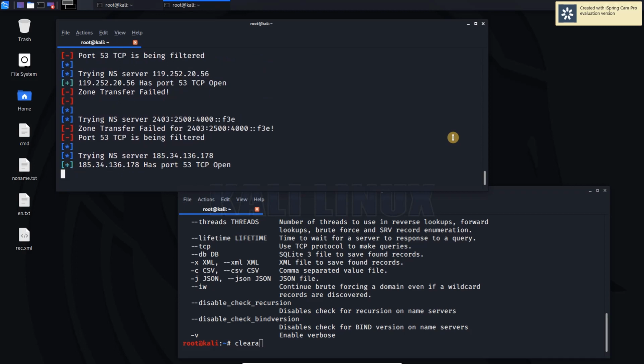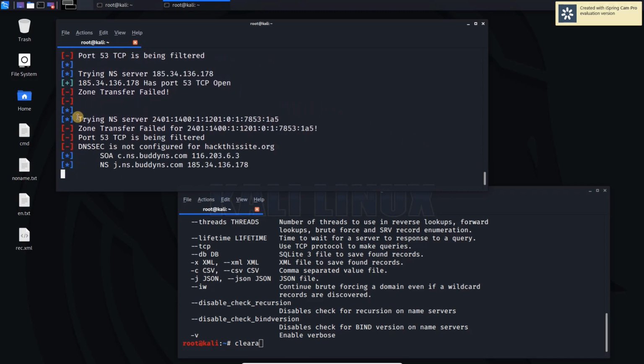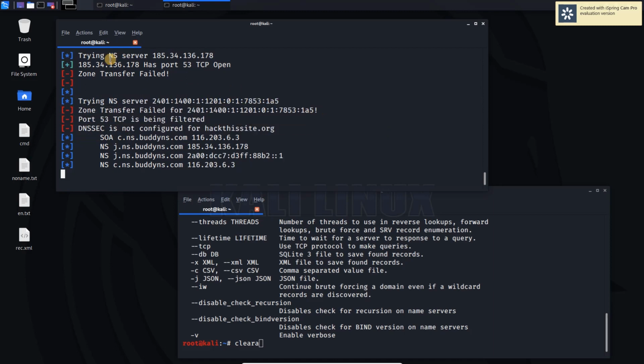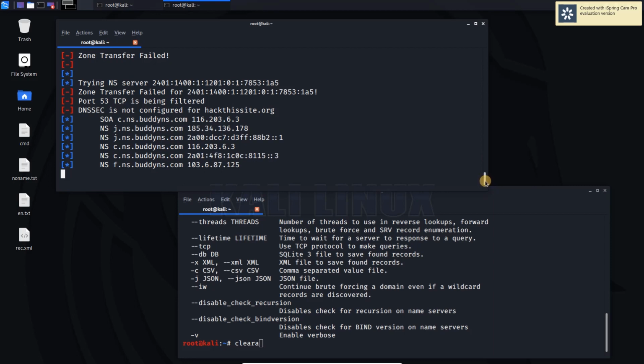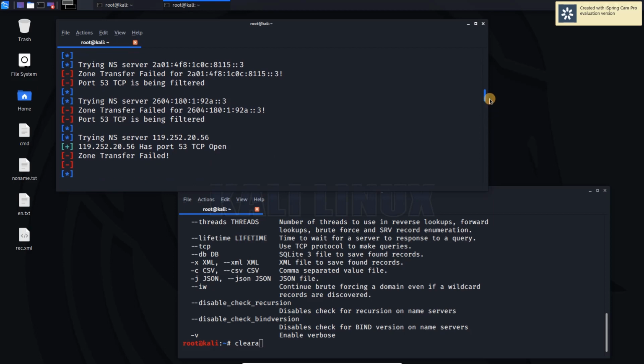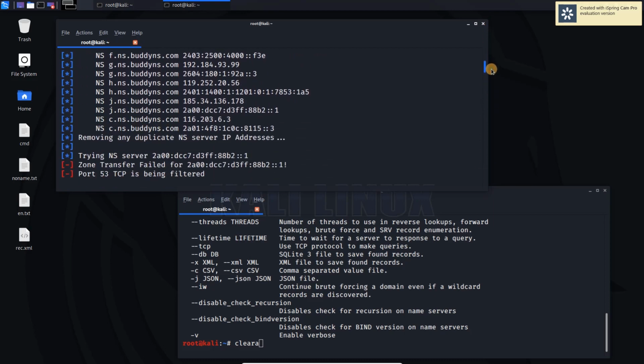It is also trying a zone transfer and all the zone transfers are failing. It will actually fail every time because this website is not configured for zone transferring. You can see that zone transfer is failing every time.